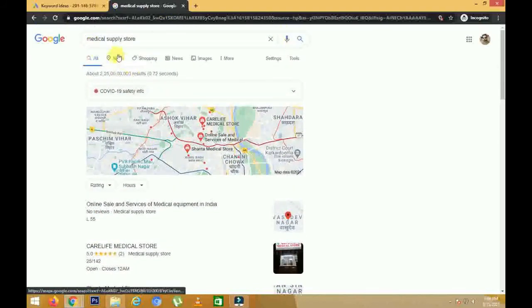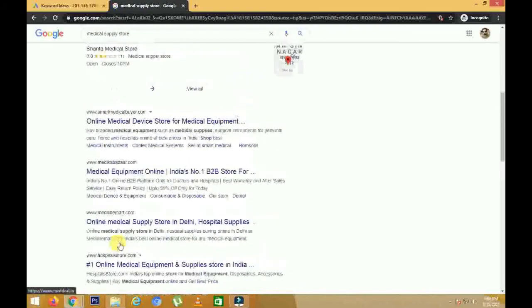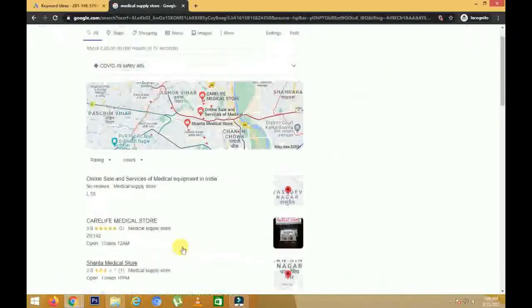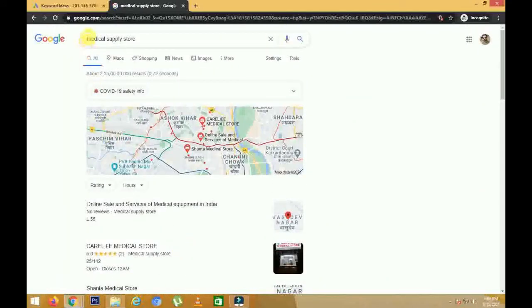Now when you type the keyword here, it will tell you the results that you are getting for this keyword alone on Google. So now you can see you are getting, I think, millions and millions of results for this keyword, medical equipment. To further refine it, what we can do is